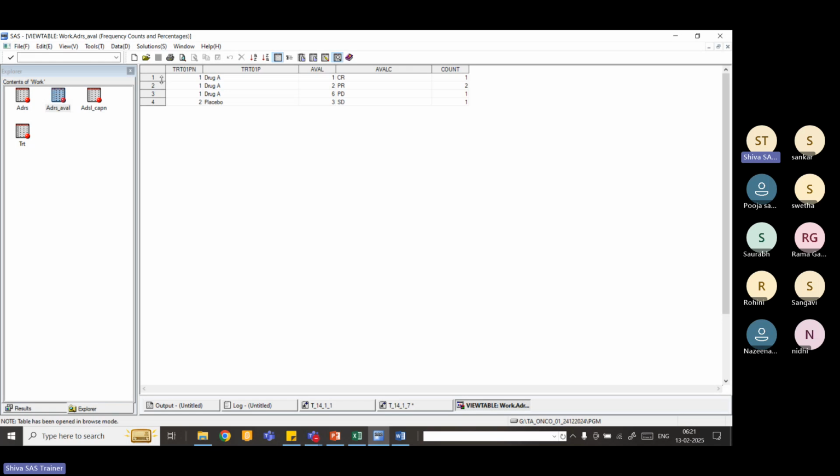You can see, first drug A: CR response count is 1, partial response count is 2, and PD response count is 1. For placebo, the SD count is only 1. So in total, these many subjects have a proper response. Okay, so now,